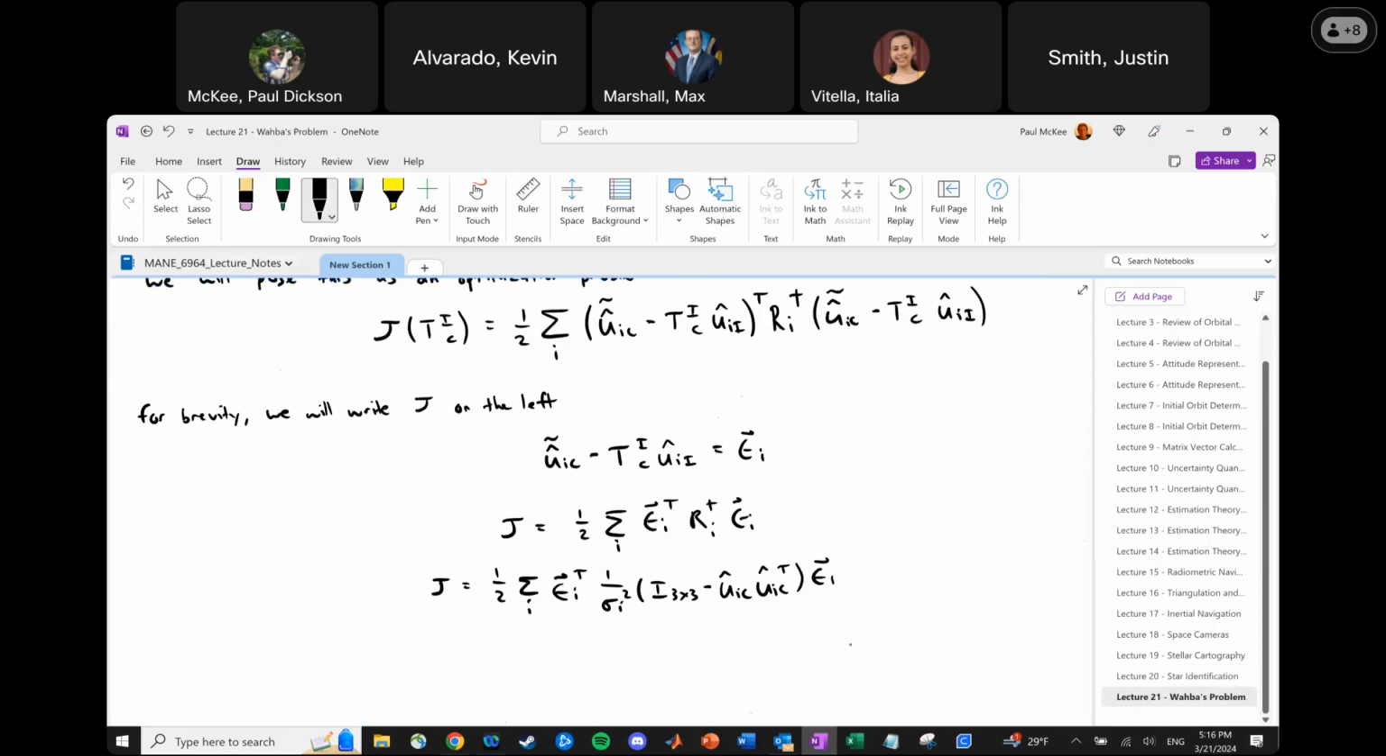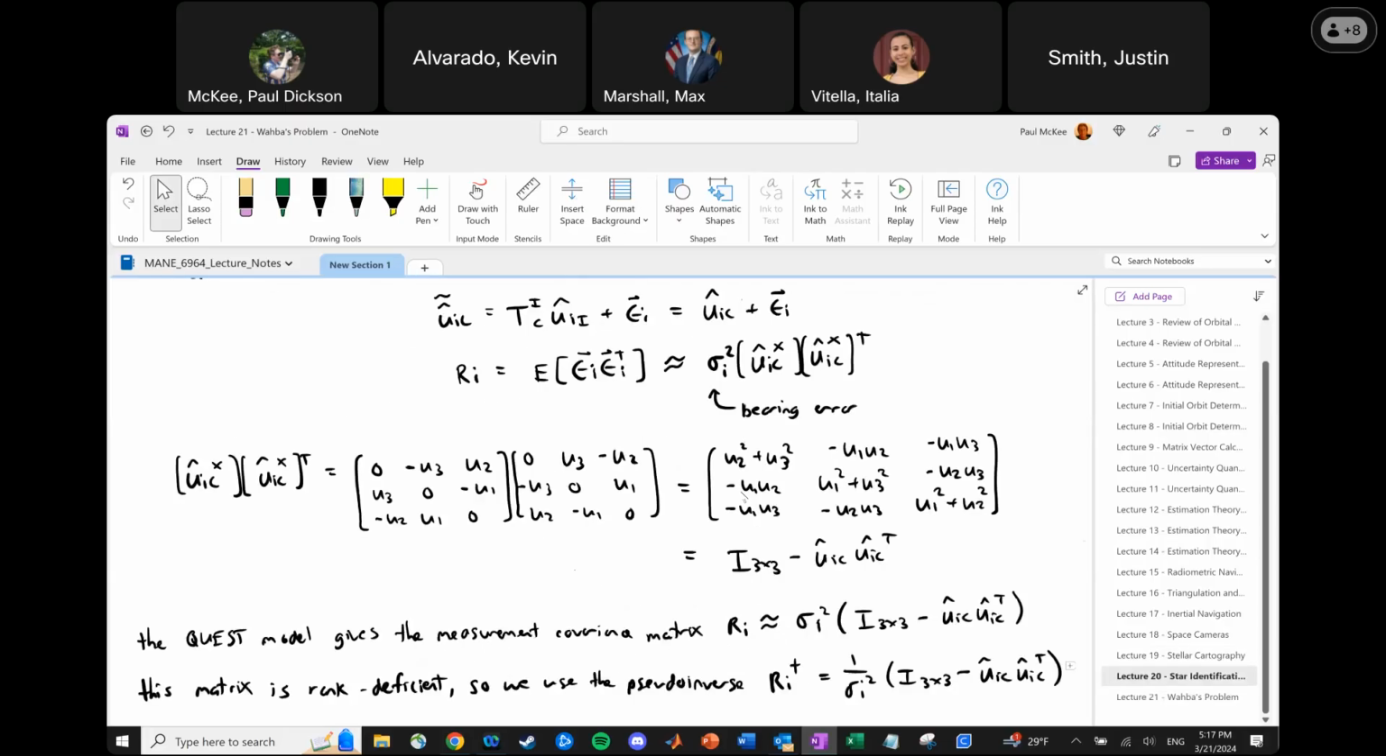We're also going to distribute the epsilon transpose epsilon into the parentheses here. So we have J is equal to 1/2 the sum over all I of 1 over sigma I squared, and then in parentheses epsilon I transpose epsilon I minus epsilon I transpose UIC transpose epsilon I. Okay. However, you might remember from our discussion of noise towards the end of last lecture that